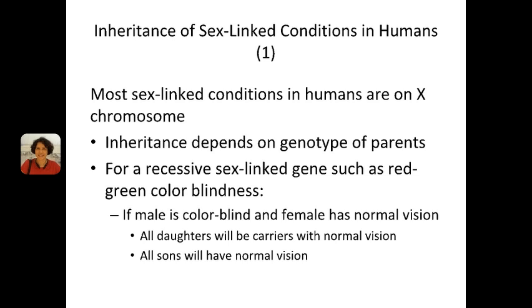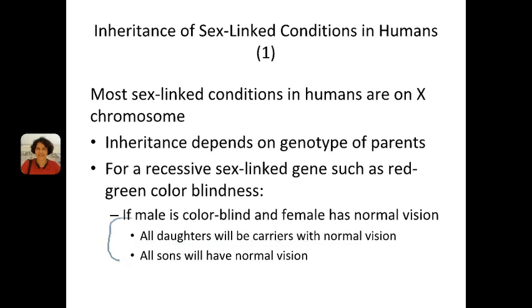the quote-unquote wild-type X chromosome will be providing the gene product that is necessary for normal vision. All sons of the same mating, on the other hand, are going to have normal vision. It's kind of interesting, though. Their father is colorblind, but he will have normal vision sons. And that is because the sons did not get his X chromosome, they got his Y chromosome, and there is